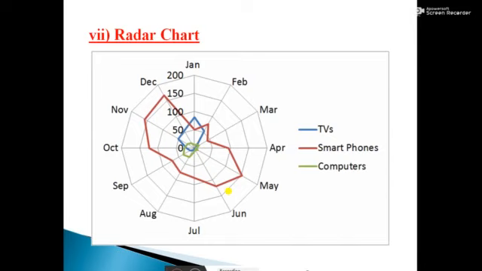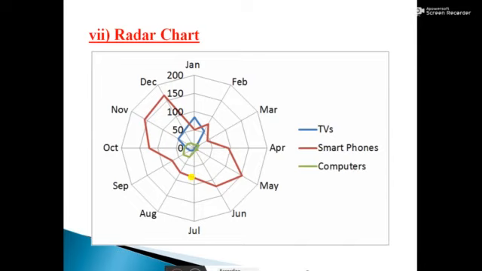Having any idea about radar chart? I will explain. The radar chart is similar to a spider web. Isn't it, student? It looks like a spider web, no? So it is similar to a spider web, so it is often called web chart. Why are we saying this is also called web chart? Because this chart looks like a spider web. So we say this is often called web chart.